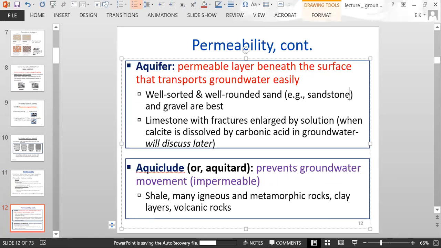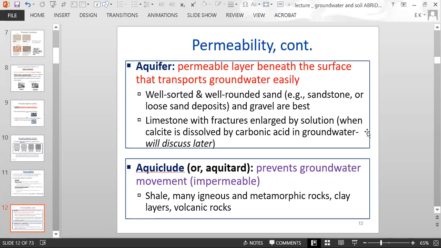I'll add that here: sandstone or sand deposits, and gravel as well. Okay, so sand and gravel. Limestone that has fractures enlarged by solution is also going to be a good aquifer, and we will